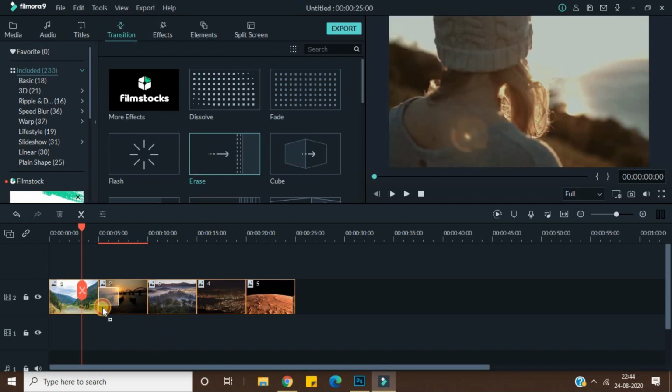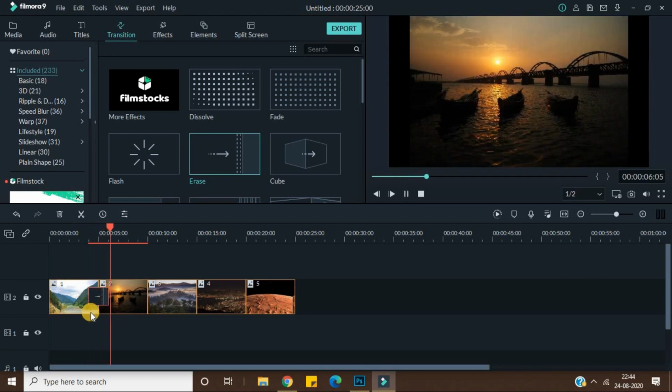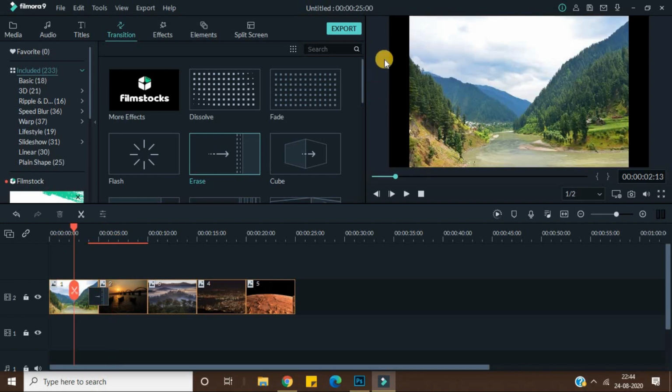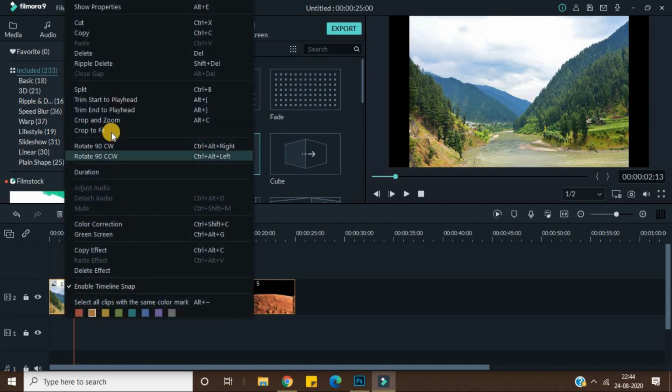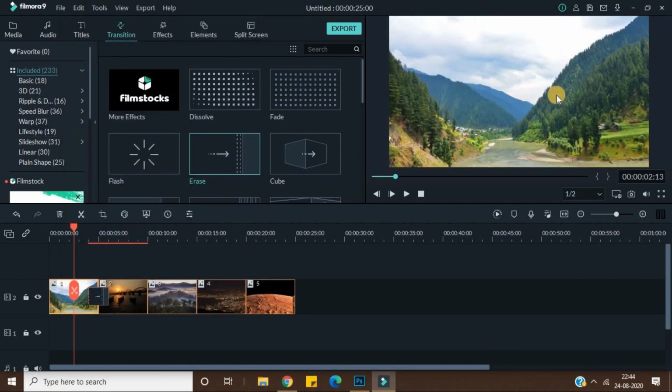Okay, so if I like this one, I can just grab it and put it here, and then you can check that. Okay, so it will change it like that. So you can see one problem is there, that you are getting these black lines. That means your image does not completely fit the aspect ratio which you want. Like you have selected 16:9, but the image is not of the same aspect ratio. So what you can do is just right click on them and select this option, crop to fit. Okay, now your image is zoomed in to completely fit this particular video section.